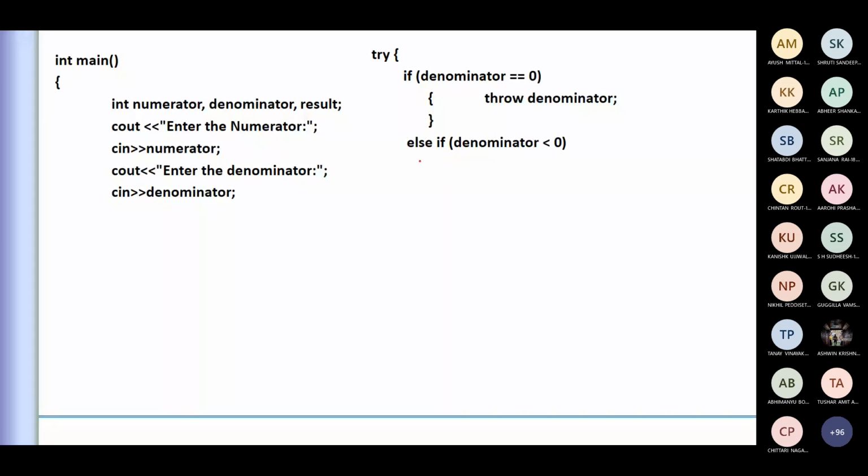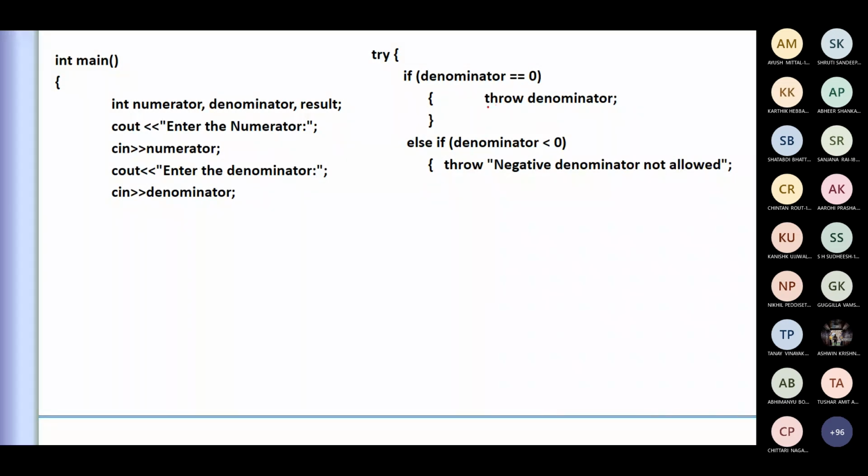Now, another one: I'm trying to ensure that my division is always a positive number. This is my requirement. So if the denominator is less than 0, when it is negative, say for example, I want to print something else. This again goes to another catch block where I want to display the content: negative denominator is not allowed, or whatever is required in the application. Here, depending on the denominator, I'm just identifying whether it is 0 or less than 0, and observe here, throw.